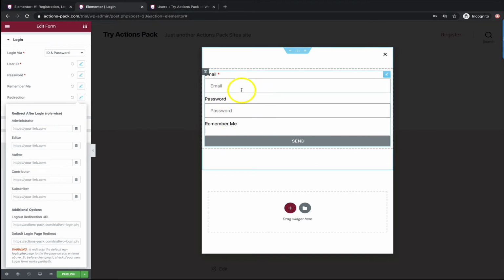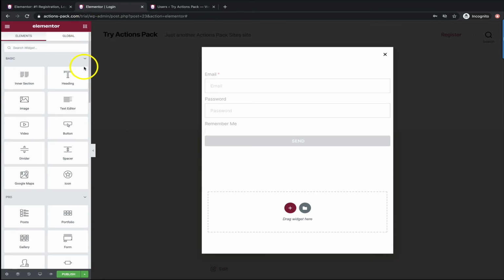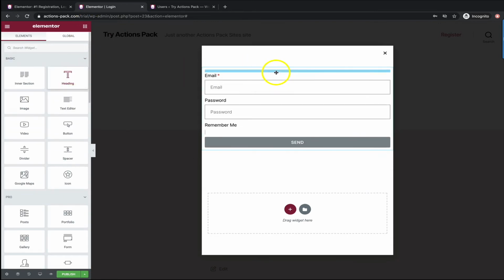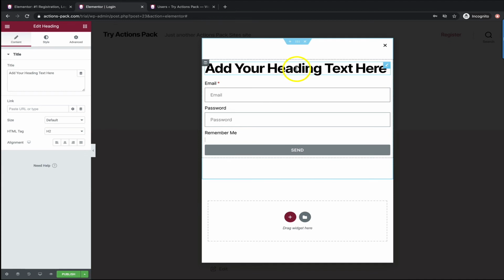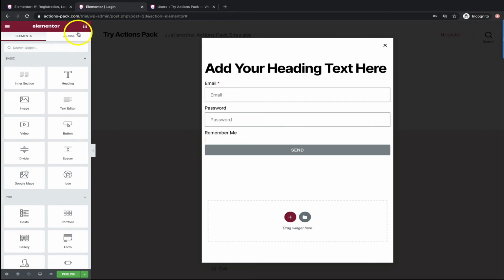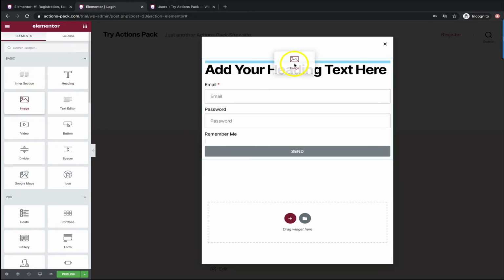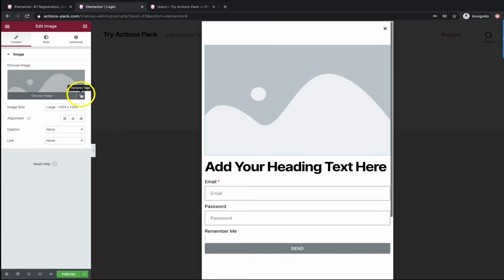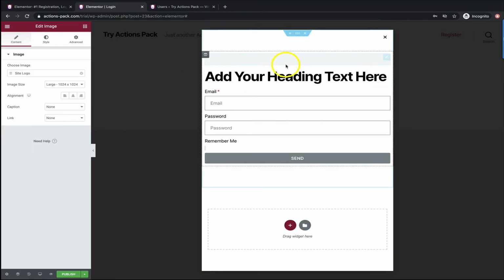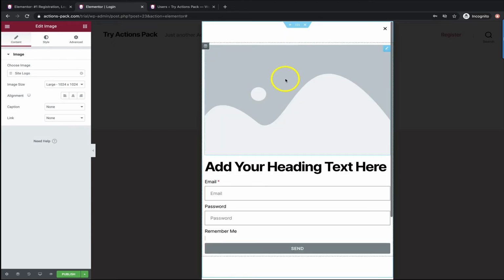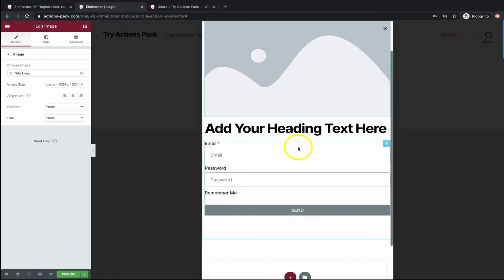I've used a pop-up, but of course, don't forget you can add additional features to this. It would make sense to put a heading in, and you would customize this obviously to be congruent with your own website. And you could also go and perhaps you have a logo and you'd want to add that up top, and you could use the dynamic tags to connect to a site logo, for example, clicking on there if you had one set up, and then you could resize it and play with this and customize until it's doing exactly what you want for your site.